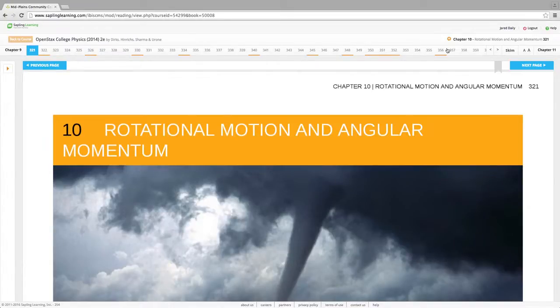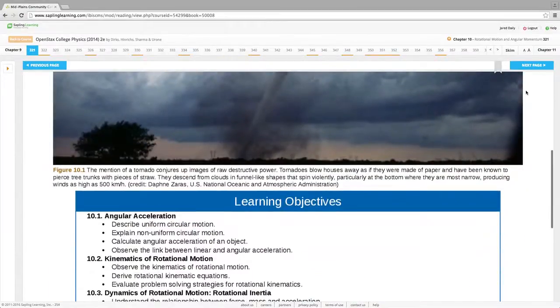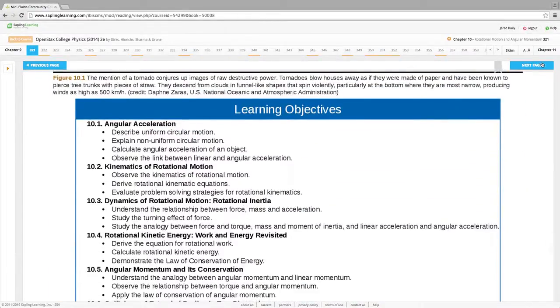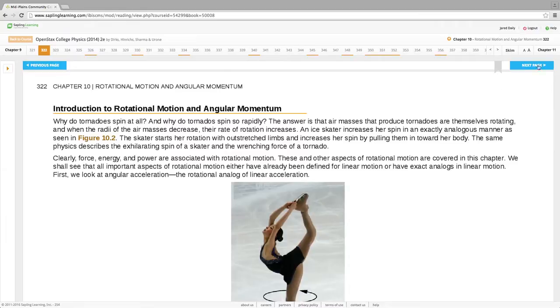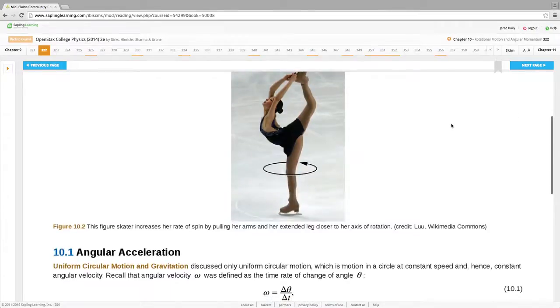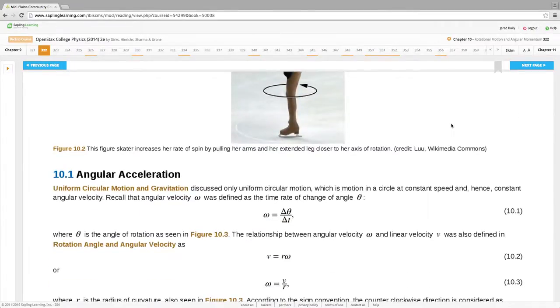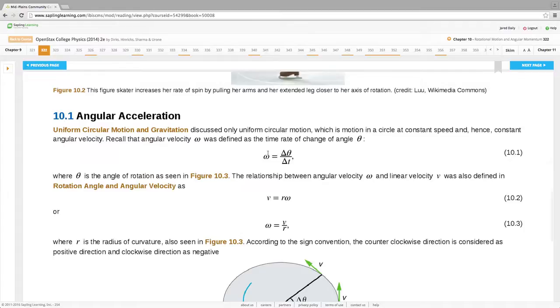Okay, it's now working. So anyway, we're doing angular momentum now, and we're going to start off with angular kinematics essentially. So instead of having linear velocity, we have angular velocity, which we've already talked about. So angular velocity being omega, which is the change in angle over change in time. If you go through a certain amount of angle in a certain amount of time, that's called angular velocity, omega